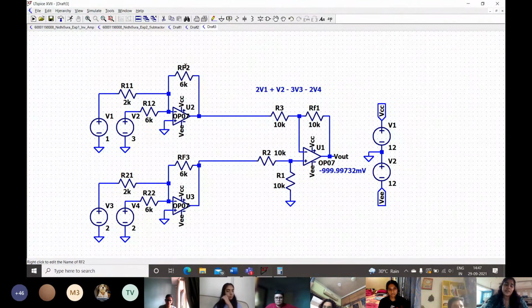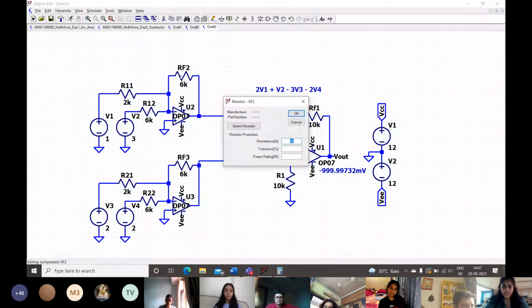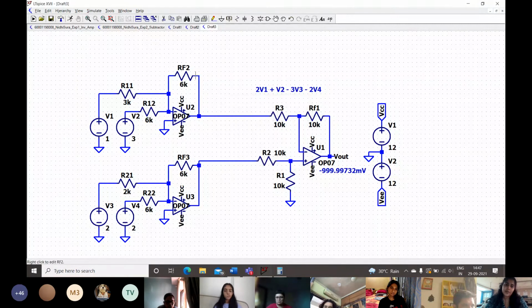Okay. So we have to decide our gain, like I mentioned earlier for this amplifier. So the RF by R1 value for V1 should be equal to 2. So I'm just going to go ahead and we can leave this as 6K and I'm going to make this 3K. Now RF by R1 is equal to 2. So we've gotten our V1 sorted. For our V2, we need the gain to be 1 itself. I've already kept the R2 as 6, so that way we get the gain as 1.